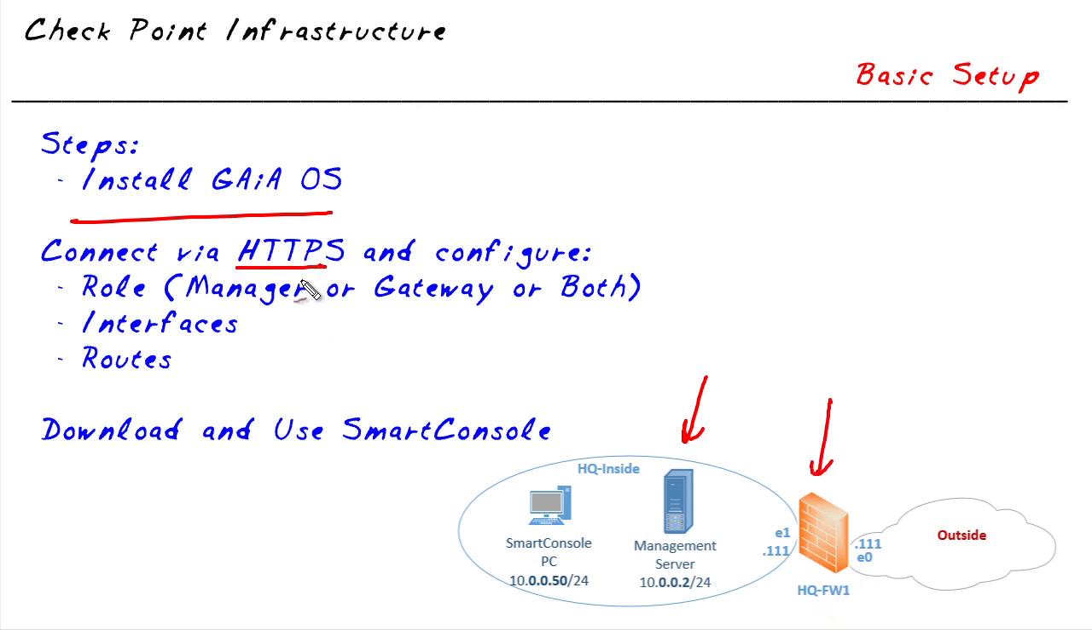And now we're going to connect via HTTPS to specify their roles. We'll specify to this guy, hey, you're going to be a manager. And we'll tell this guy, hey, you're going to be a gateway. We can also configure any additional interfaces or static routes or routing that we need to while we're connected via